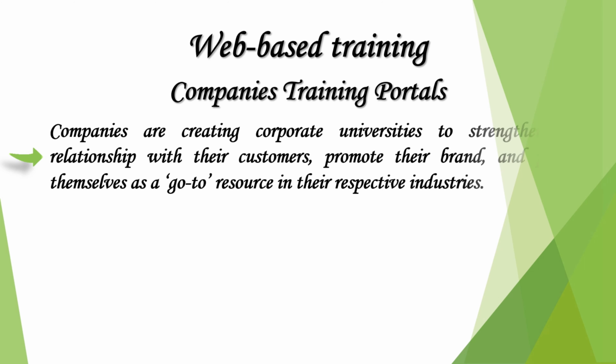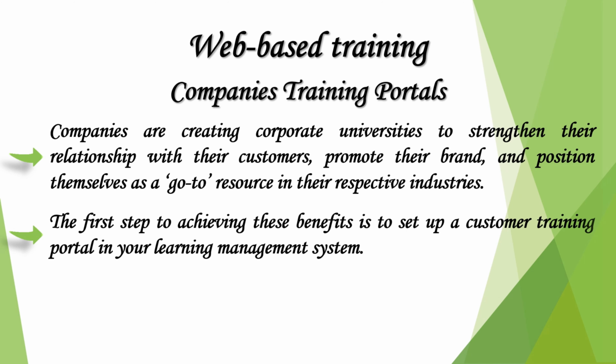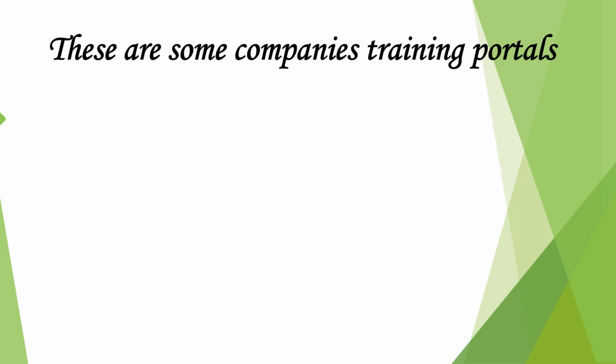Companies are creating corporate universities to strengthen their relationship with their customers, promote their brand, and position themselves as a go-to resource in their respective industries. The first step to achieving these benefits is to set up a customer training portal in your learning management system. These are some companies' training portals: